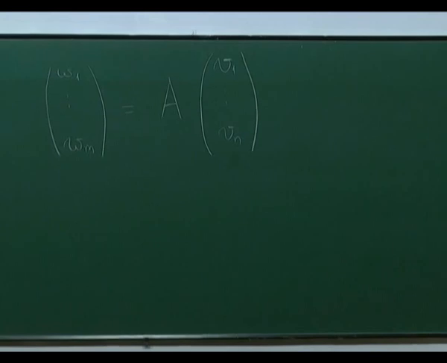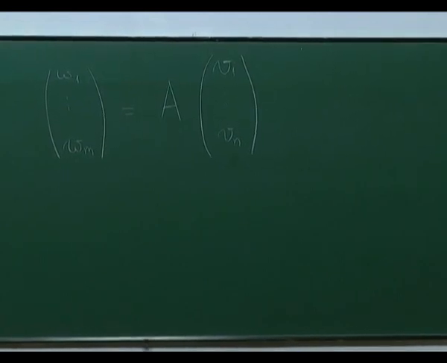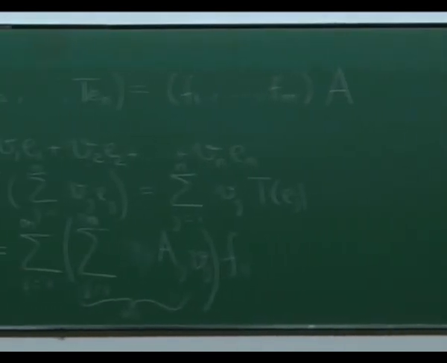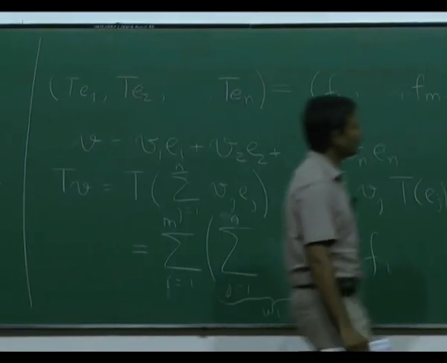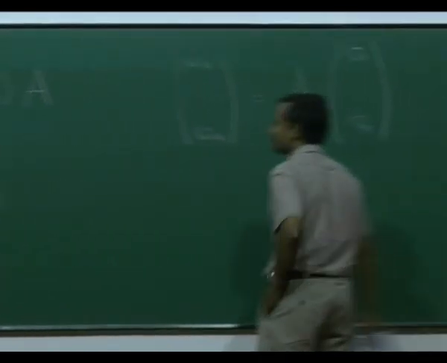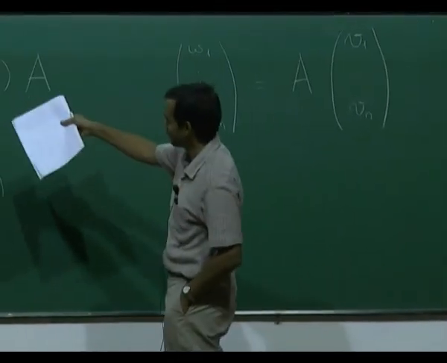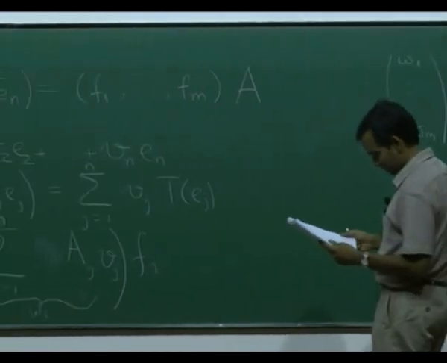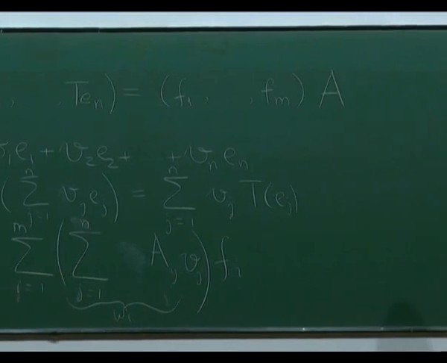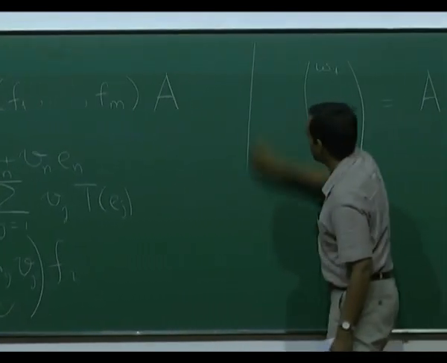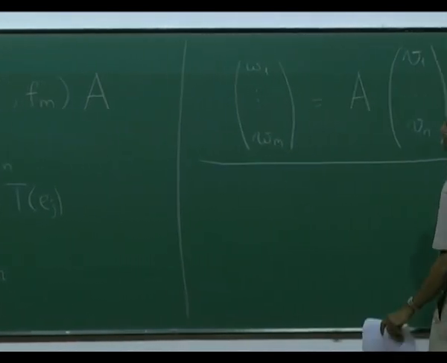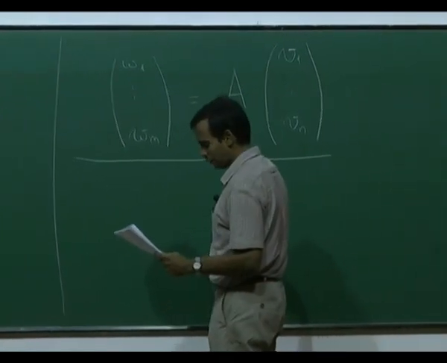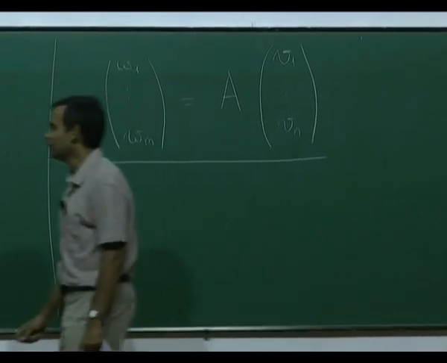So, there are two ways of thinking about this matrix. One is as it does something to the vectors, the other is it does something to the columns, to the coordinates, and what it does to the coordinates is right multiplication by column vectors. What it does to the vectors can be represented by this left multiplication by a row. Okay, now this is just to remind you of some very basic things about matrices and linear transformations. Now let us get to what I really want to talk about, which is canonical forms.